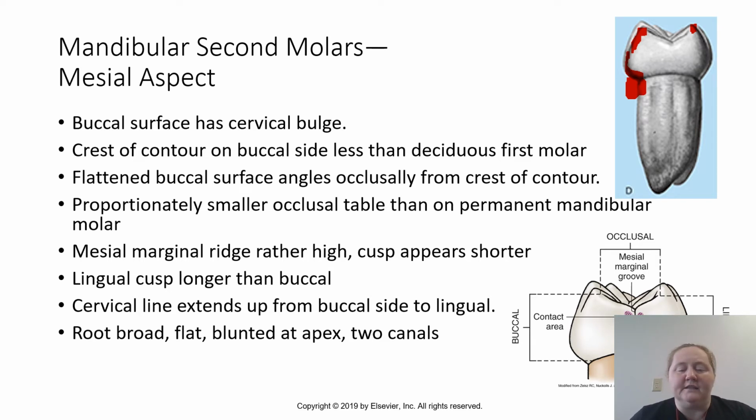The cervical line extends up on the buccal side to the lingual. Okay, so again, the lingual is going to end a little higher than where the buccal started. And then the root is really broad, flat, and blunted. And remember, this has two canals, one apex and,